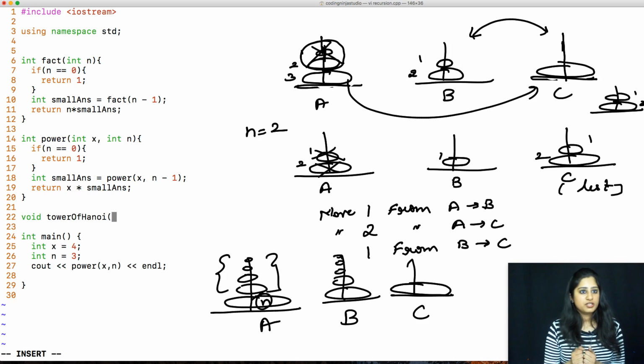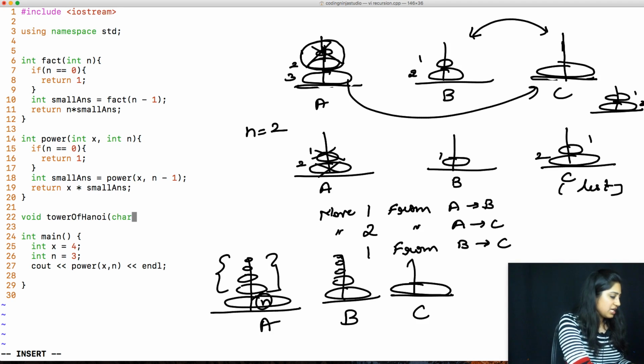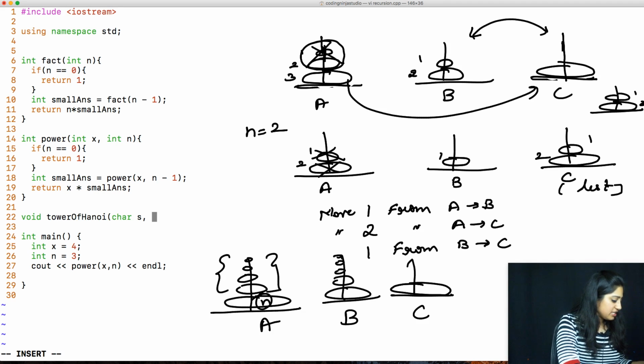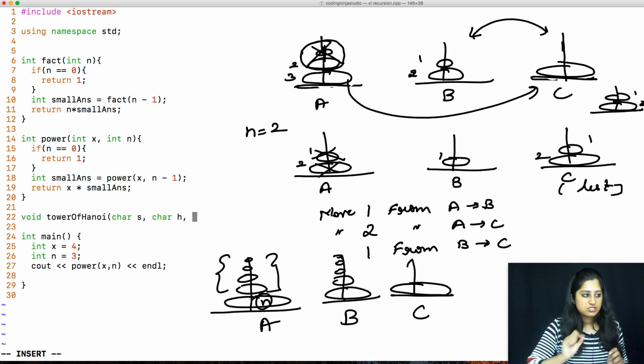What input should I get? The function should get three things. The source, which I am just storing as a character, so A, B, C. So source, then I need a helper, I will call it H. Char H will have just the name for the helper,